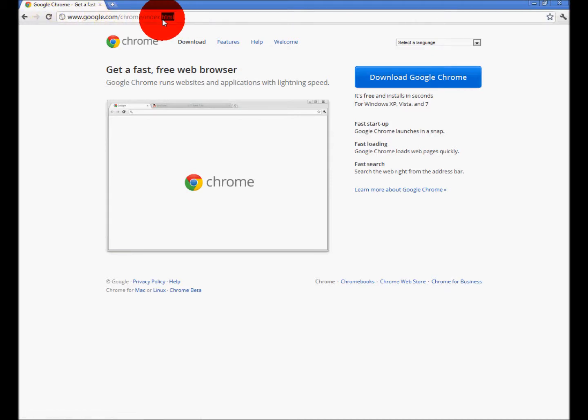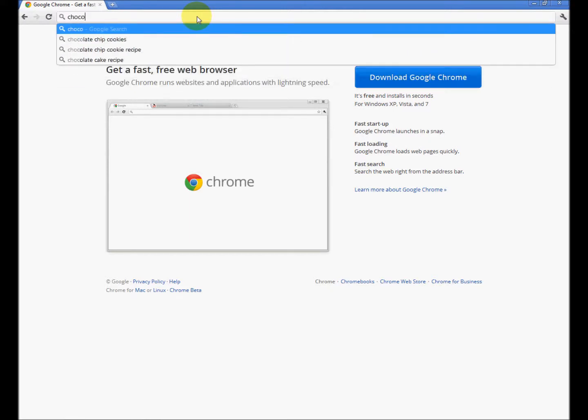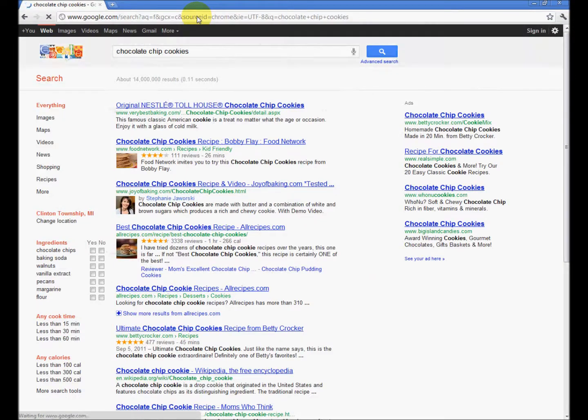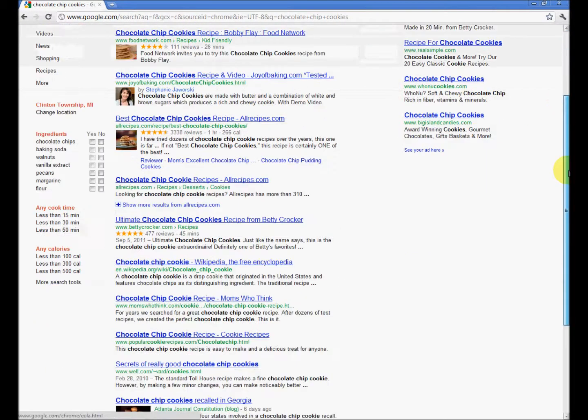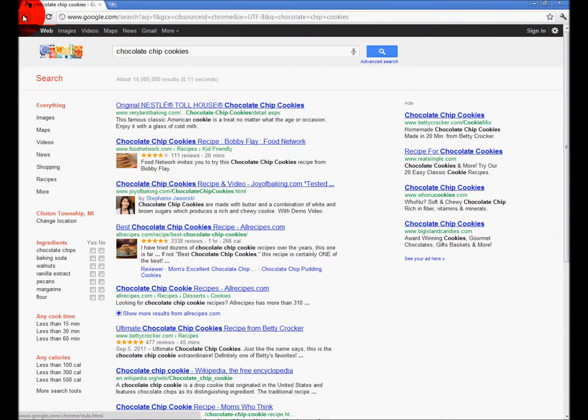This is the address bar, showing you the internet address of the page that you're looking at. You don't even have to go to Google to search. You can simply type your search term here, enter, and you're taken to Google. There you go with your search results. That is handy.